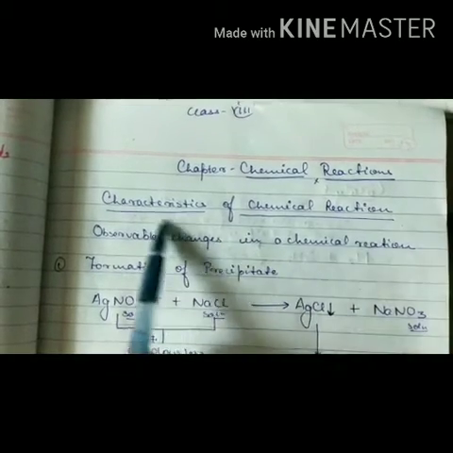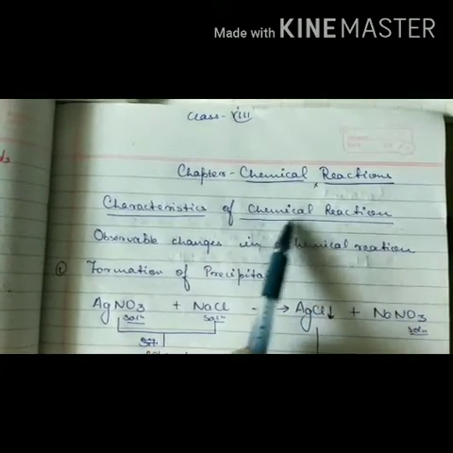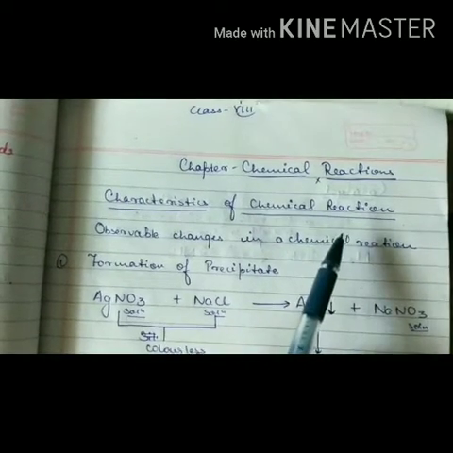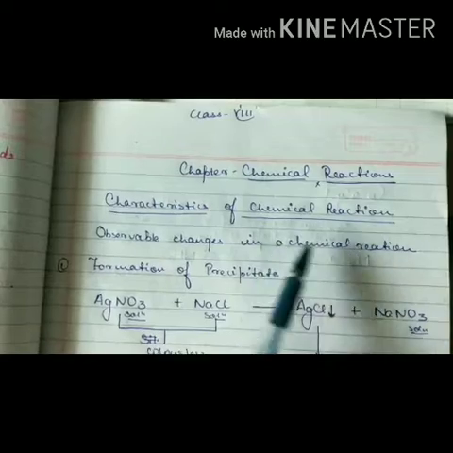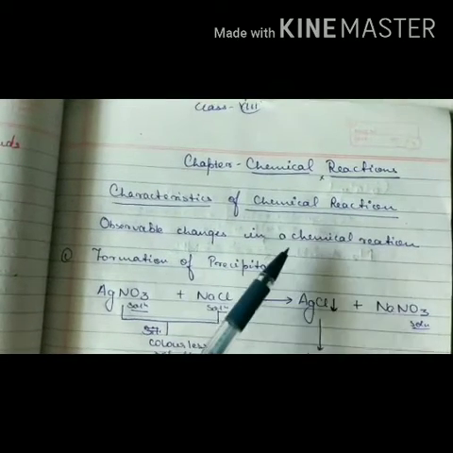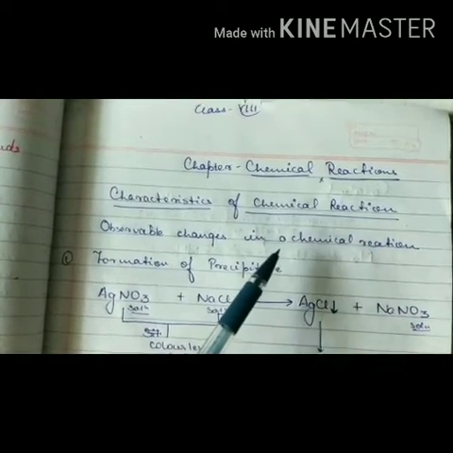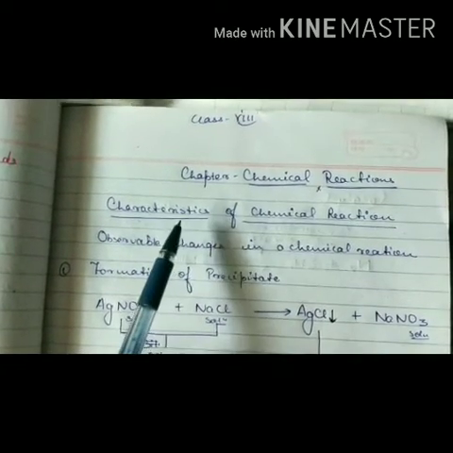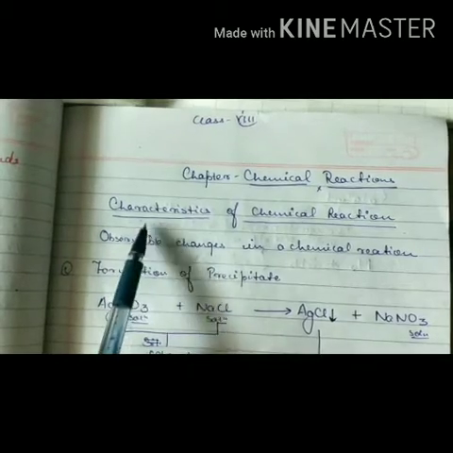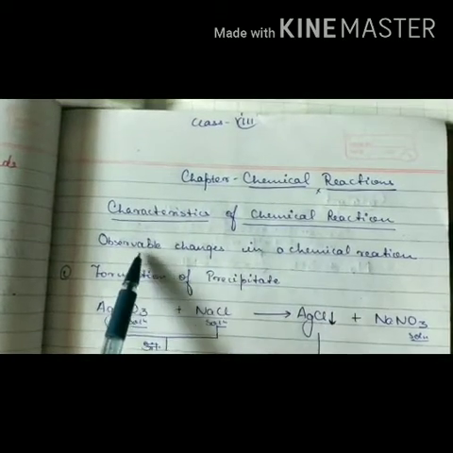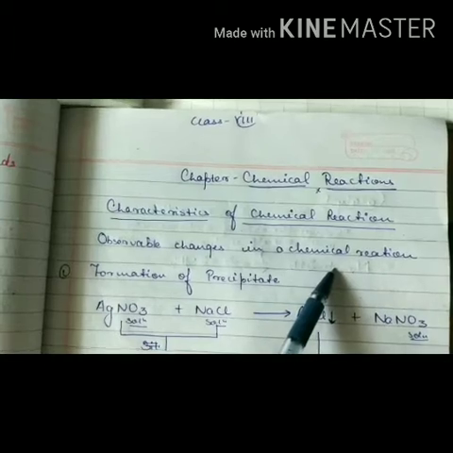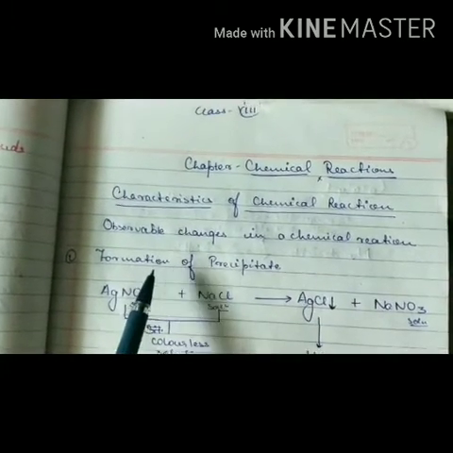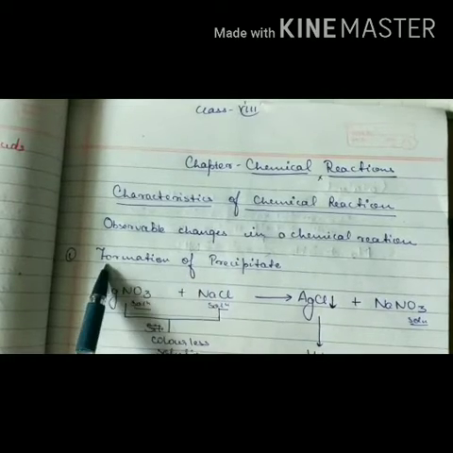It is the change which we observe during any chemical reaction. If any reaction is going on and, after or during the reaction, we observe any kind of change, that is the characteristic of that particular reaction. So basically the characteristics of a chemical reaction are observable changes. The first observable change in a chemical reaction is the formation of